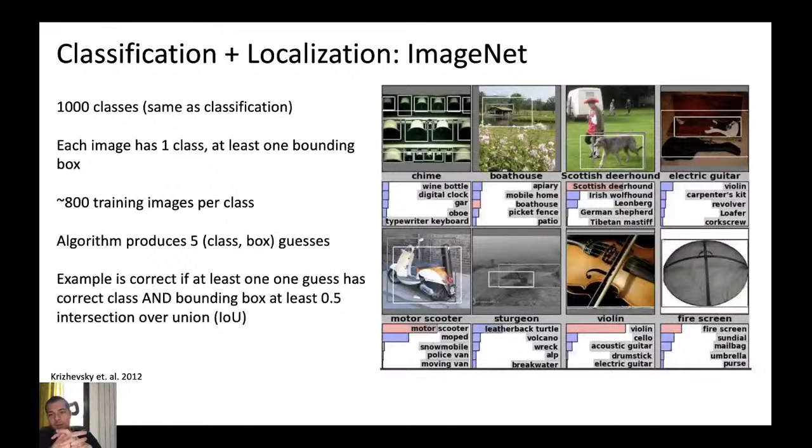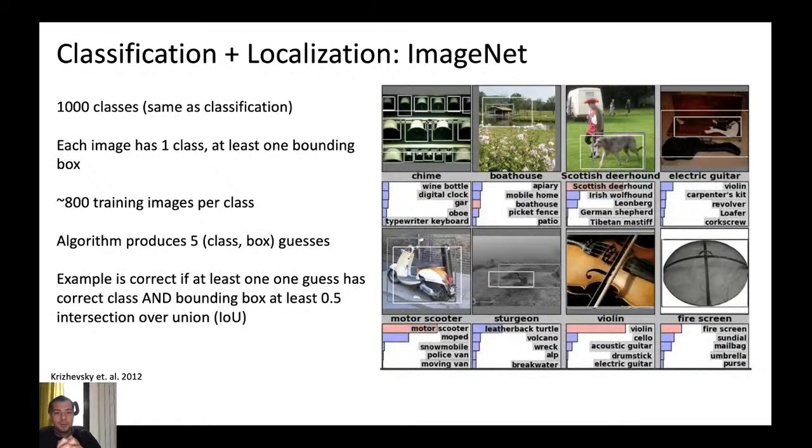And here for each image we have to indicate the correct class and the bounding box of the object. There are around 800 to 1000 training images per class, and the goal of our model is to produce